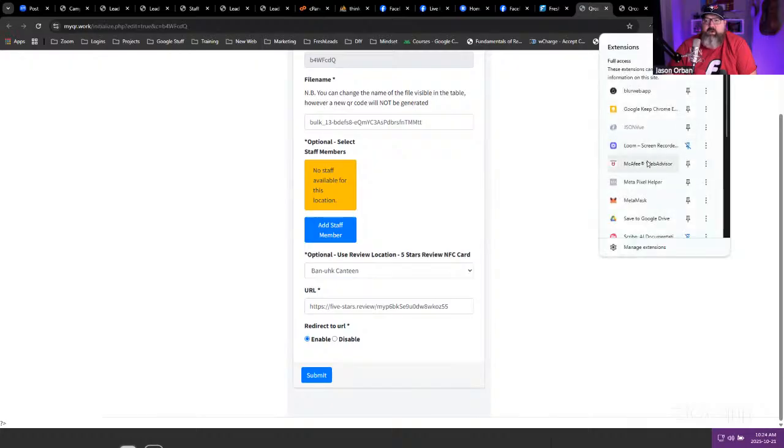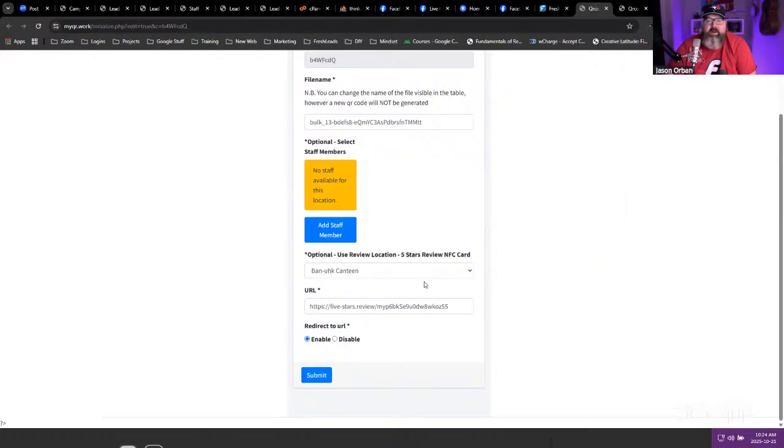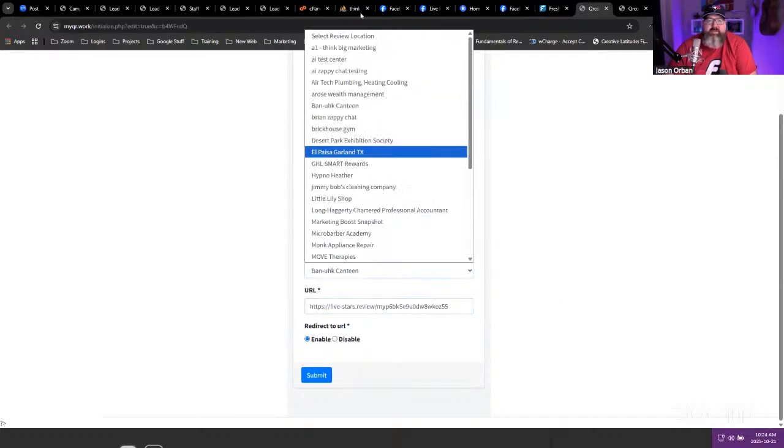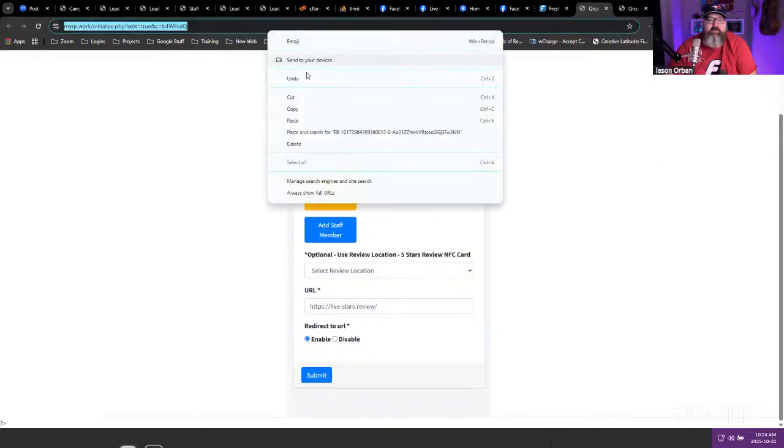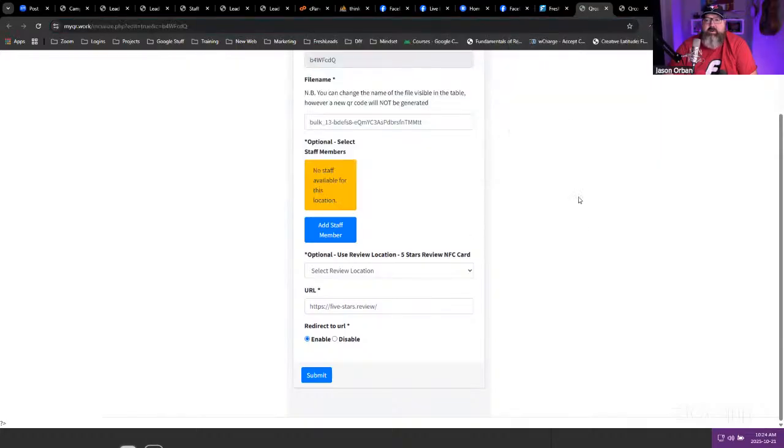If you have one of the widgets to go and grab a Google review link, using Gather Up or something like that, grab that in there, just drop it in. You can do this on the fly too. You can just drop in that URL here without doing any of this other stuff, without grabbing a business ID or anything like that. You can put any URL in here that you want, right? When you're programming it, when you scan that card initially, this is on the fly and we're out in the field. Like if I send this to my phone right now,